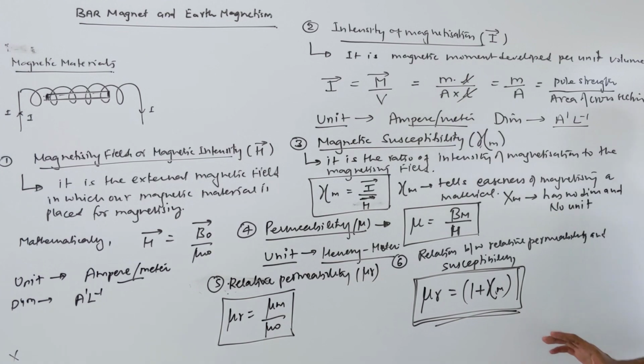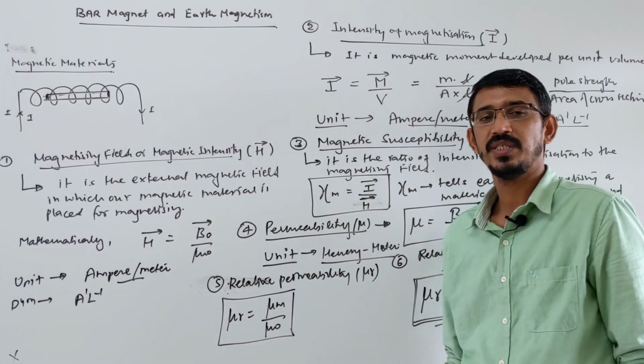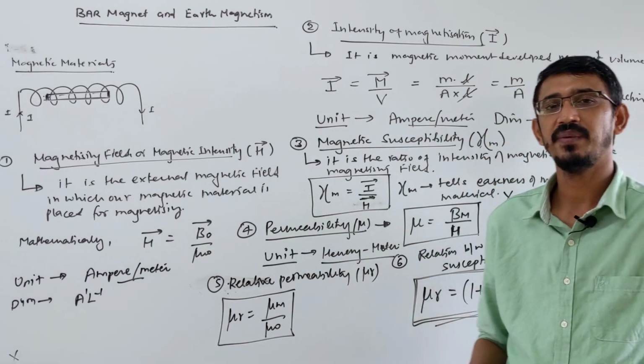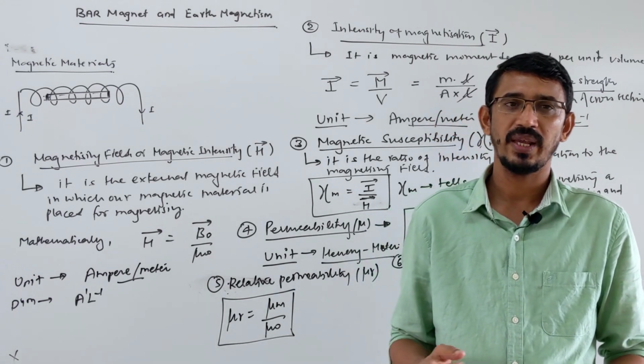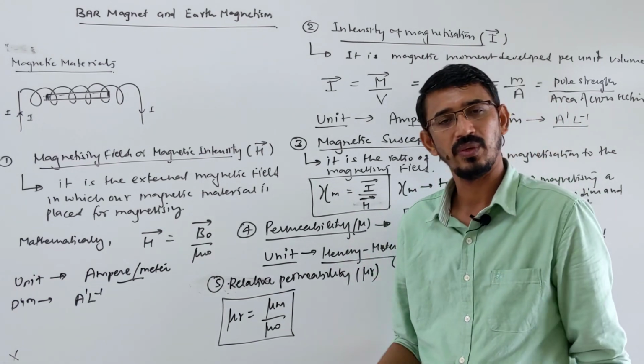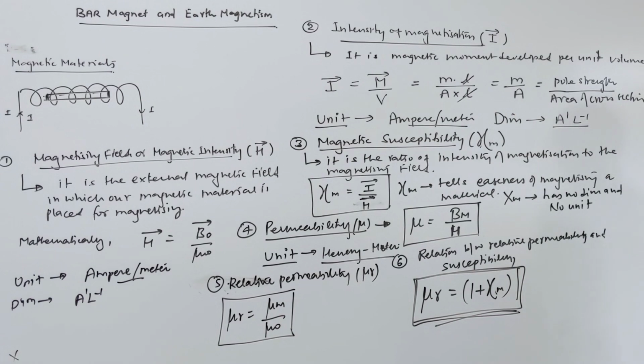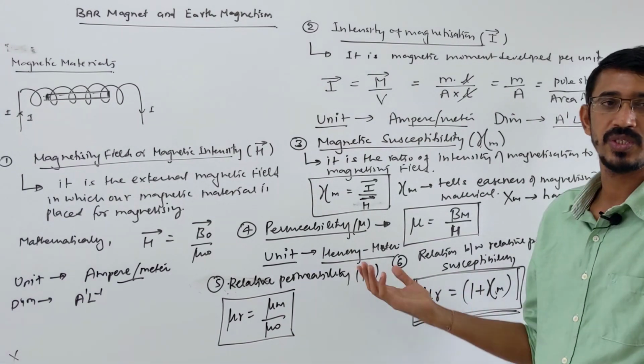Now after this I will talk about the three types of magnetic material, just basic properties you have to remember, because in our exam they have asked only some basic properties, like what type of material and what's the use of that. Nothing important or nothing like numericals they have asked from this topic in the NEET exam.